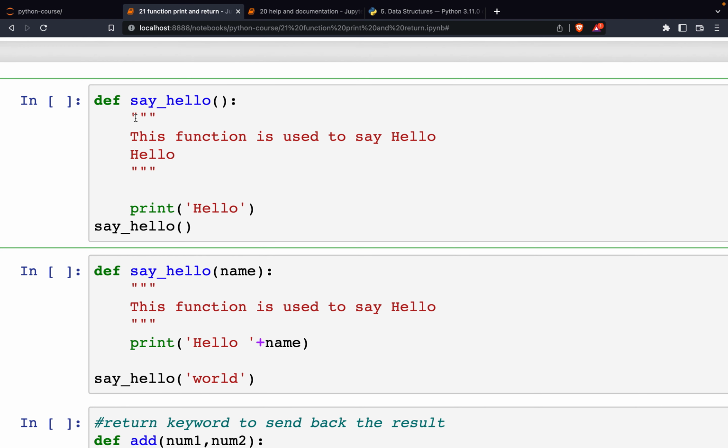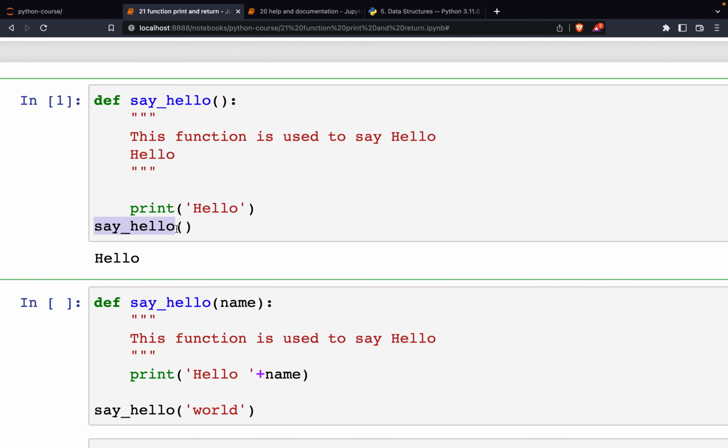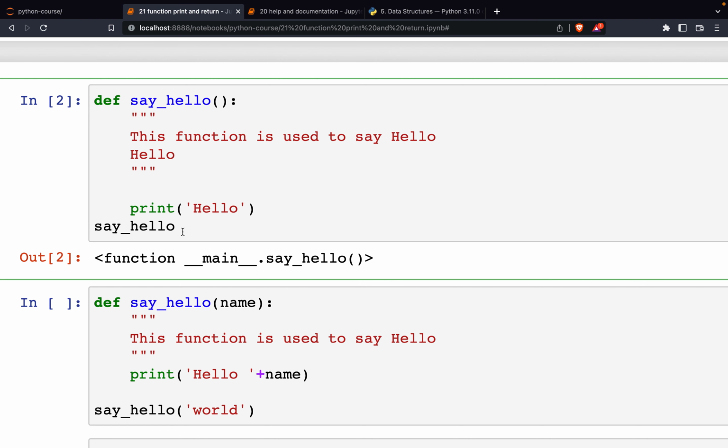After you define the function name, you can, for example, print out hello, and then you execute this by copying the name and using the brackets, and it will display hello. You may think this function seems very useless, because this is just a demonstration of how to create a simple function. And remember, if you do not add the brackets, it will not execute. It will just let you know that this is a function. So remember to add the brackets